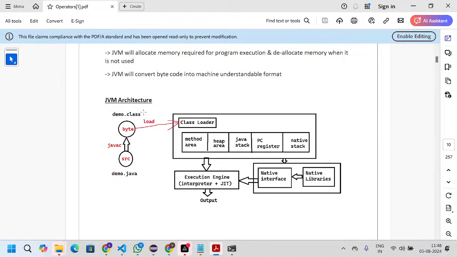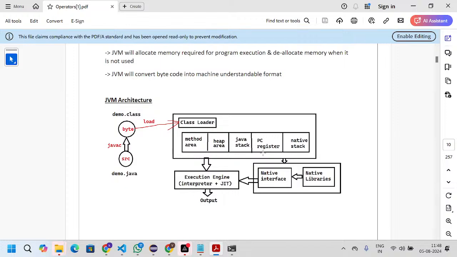After loading the .class files into the JVM, based on the categories, the JVM allocates the memory. All the class code is initially stored in the method area, and the objects are stored in the heap memory. Java stack: every class has multiple methods, and the methods' execution information is available in the Java stack memory.